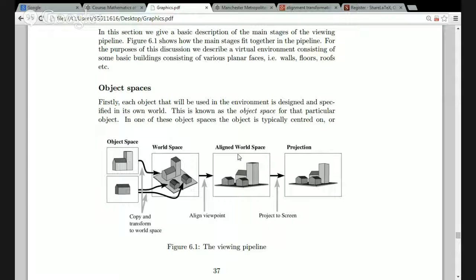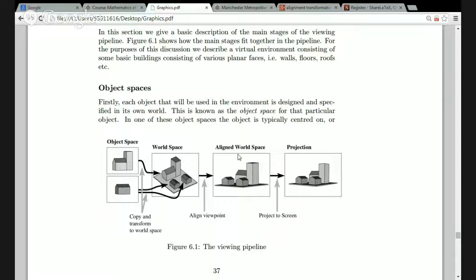So then we go to this procedure of alignment, which is, as we said, to bring the virtual camera to sit at the origin and to have the center of view, wherever it is, somewhere on the positive z-axis. Because the way the three-dimensional left-handed coordinate system works in the computer graphics conventions is that you got x, y, and z, the x and y are the horizontal and vertical coordinates on the screen, then the z-axis points into the screen. Okay, so positive z directions are into the screen,